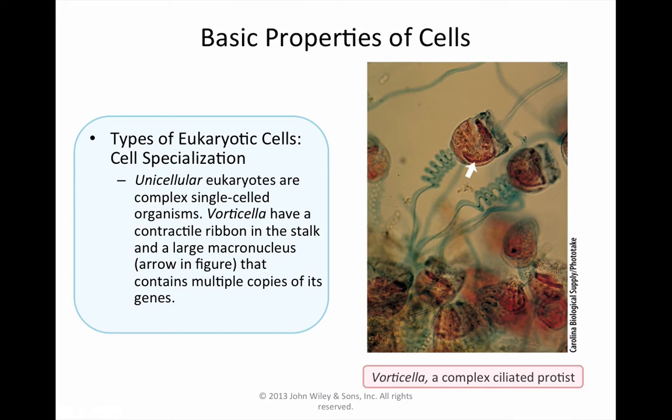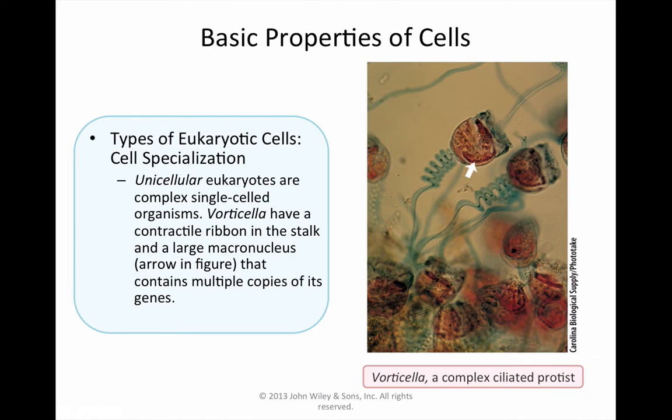So now we'll move into the types of eukaryotic cells. So a eukaryotic cell includes things like protists, animals, plants, and things like that. So we're often thinking about very complex creatures or organisms. But there are also unicellular eukaryotes, meaning it's a single-celled organism. While it seems like this would be a really simple, very basic type of cell,